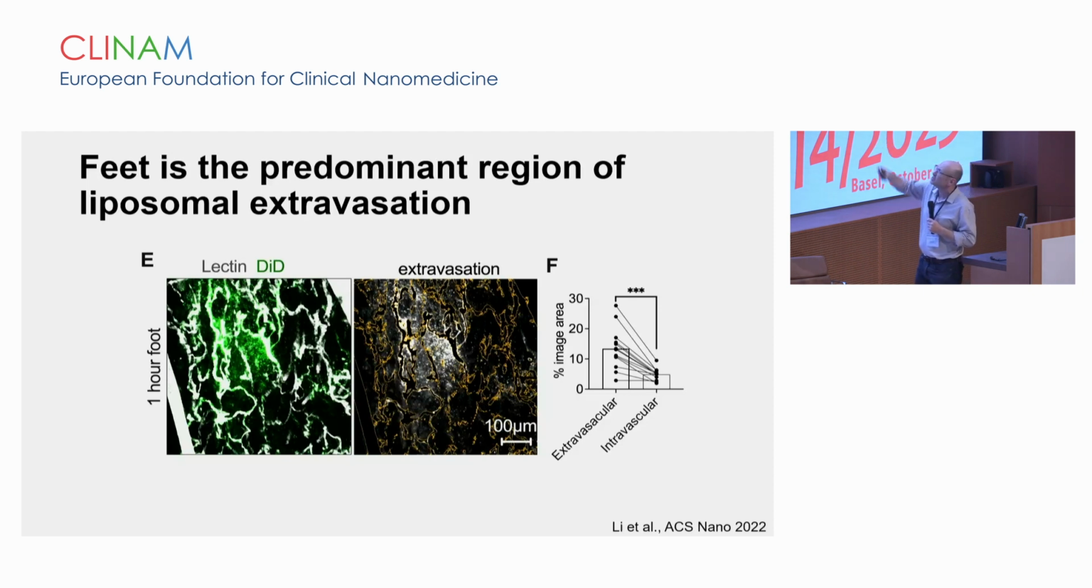We can quantify by segmentation of the image. We can quantify how much is extravascular, how much is intravascular. We see that the majority of them is actually extravasating, getting out of the blood vessels. But what are these particles really? These tiny little particles? We didn't have a clue about that. We thought these are maybe exosomes of some sort, or